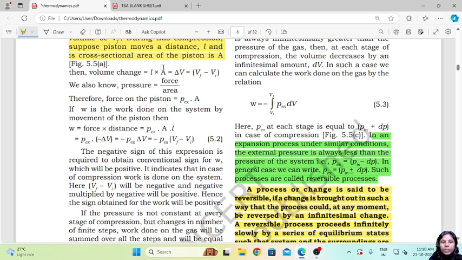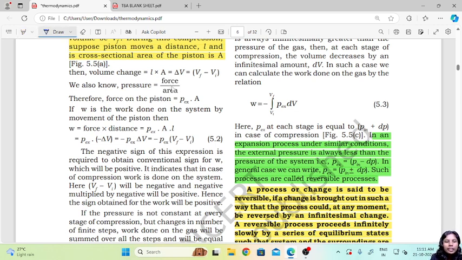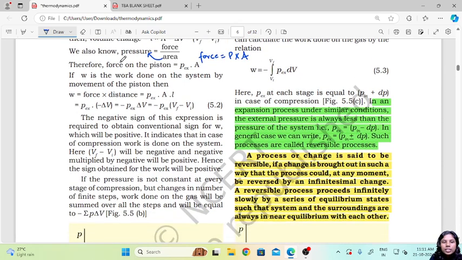We also know that pressure equals force upon area. So if we rearrange this formula, we take this area over here and we derive the formula for force. So we'll get force equals pressure into area. Therefore we can say that the force on the piston will be equal to the external pressure into the area. Now if W is the work done on the system by the movement of the piston,